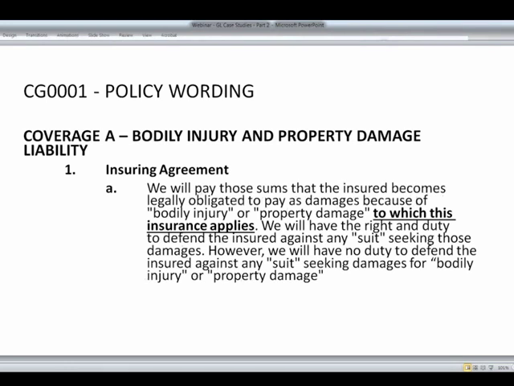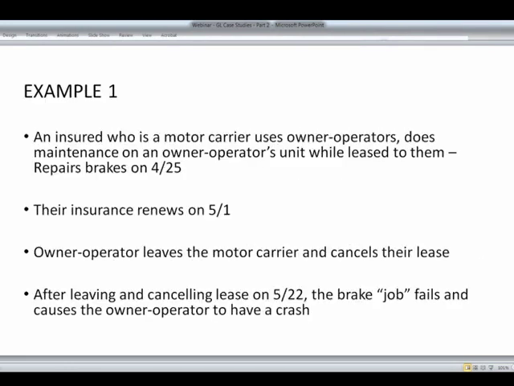Let's look at a situation where we have an insured that also has a service facility on their premises. They do work on owner-operators' vehicles. They do maintenance, the lease to them. It could be just maintenance that has to do with meeting the federal regulations to make sure the vehicle is properly maintained, so that when there is a roadside inspection, the insured does not get a violation in